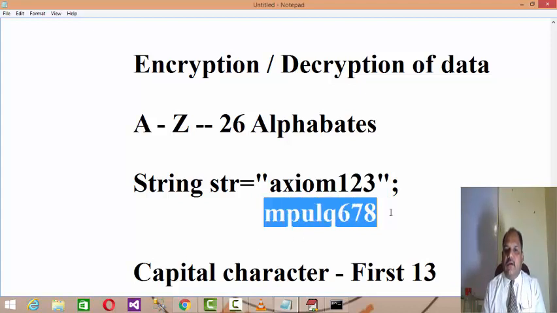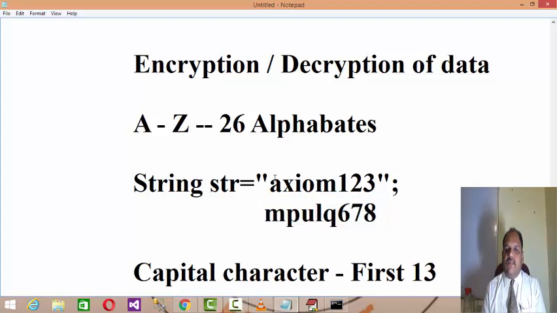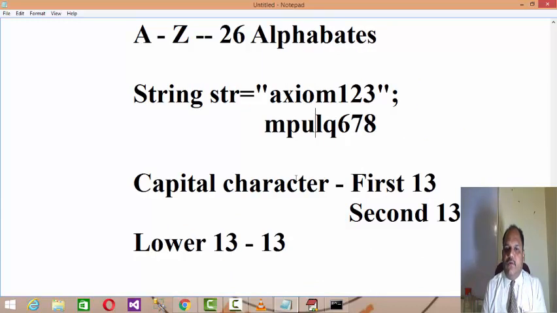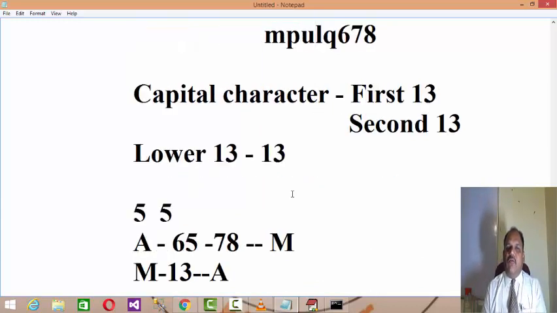And if anyone comes to know about this particular encrypted string, they cannot guess it, though it is a very simple logic you applied. Instead of using any complicated algorithms, of which there are many available for encryption, I'm just using a simple ASCII alteration logic, where you read the character and divide your characters into two quadrants. If it is a capital, first 13, next 13. If it is small, first 13, next 13. If it is a digit, first 5, next 5.